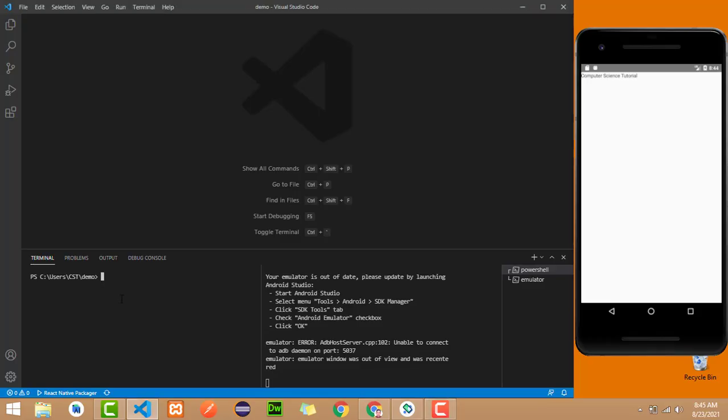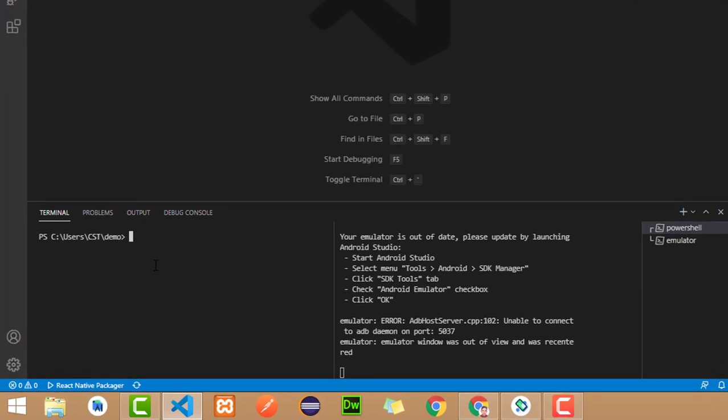The next command is used to uninstall a library or package from React Native. For this, we have to type npm uninstall -g. After g, we have to specify the library or package name. For example, my library or package name is react-native-elements, react-native hyphen elements, and press the enter key. So here you can see that we have successfully removed 21 packages from the node_modules folder.